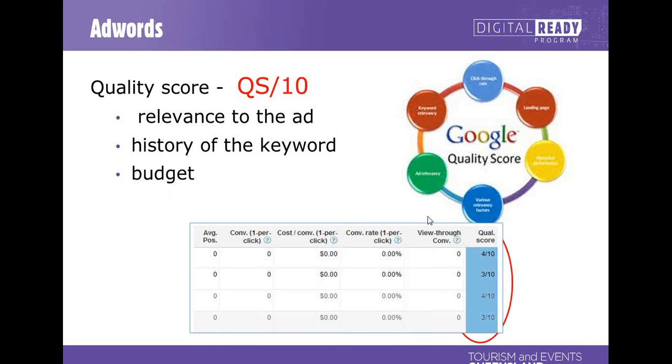So my advice here, to get your quality score up from 4 or 3, try and get it to 7 or 8 if you can, is to basically look at the page you're sending them to, make sure it matches the ad as much as possible in meaning and intent and content, and ensure that the keywords that you've chosen are in the ad and in your landing page, and that should really help your quality score to improve and make your cost per click go down.